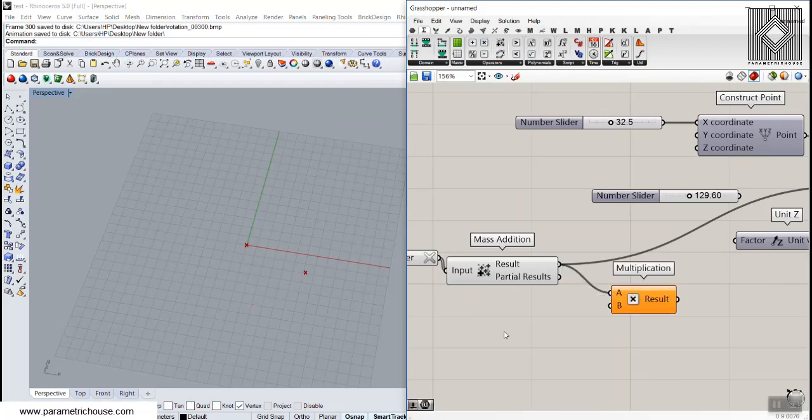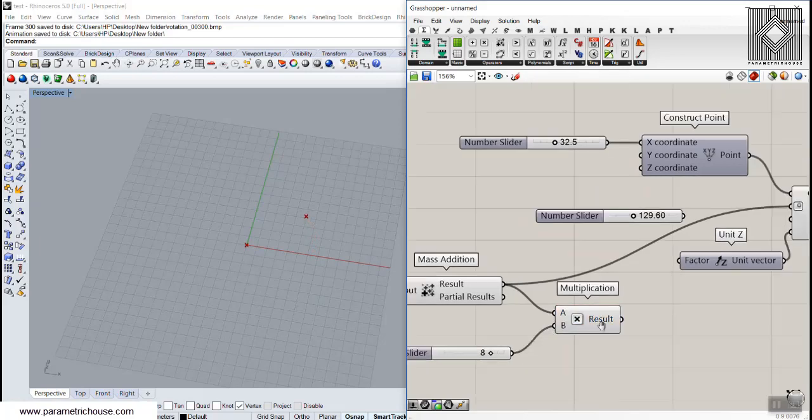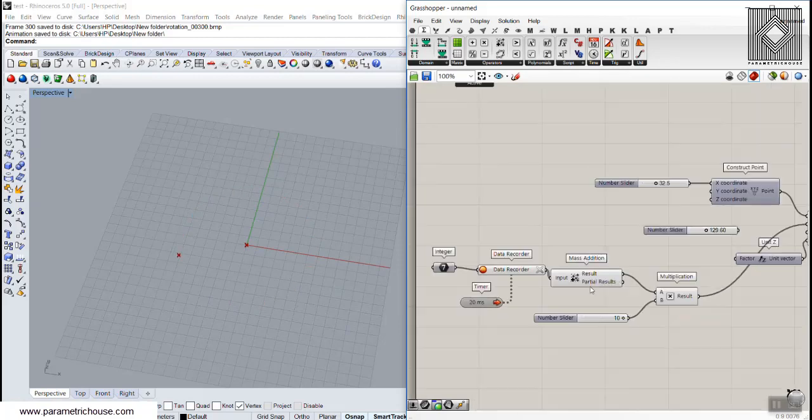I mean, when we have the mass addition, we can say we want 8 times this speed for rotation, so we can just increase the speed of the animation. So this is the first step you can use to produce simple animation. You can just hit this button and start from 0, and you can also pause it whenever you want and again continue. So this is a simple method you can use for your model.